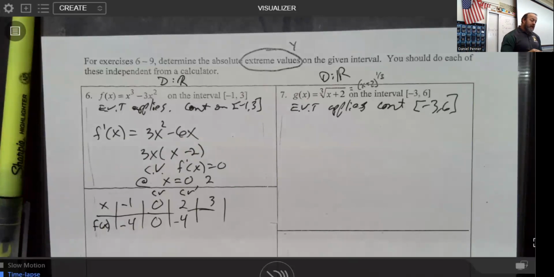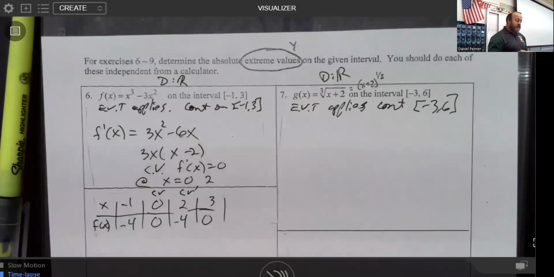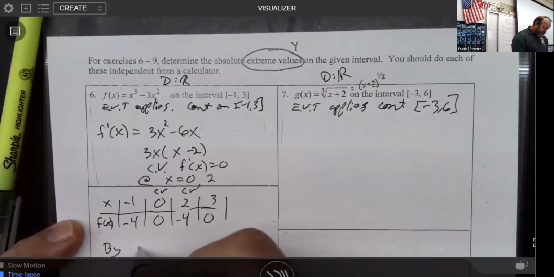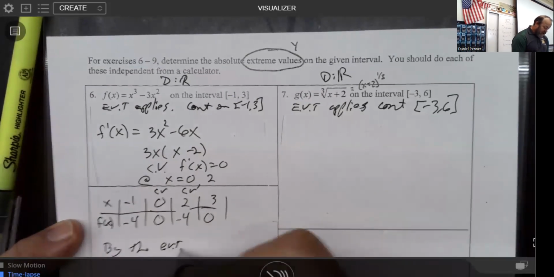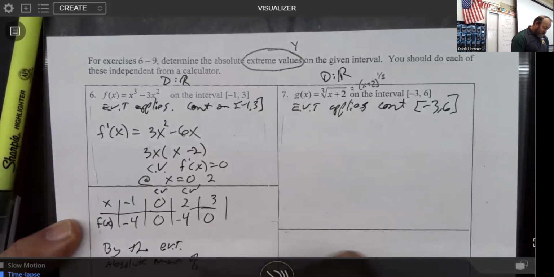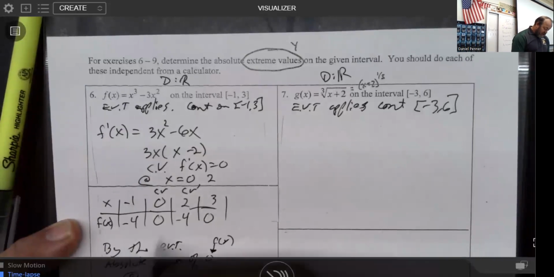Now we're going to do one more thing, and that is the value at 3 itself. If we try the number 3 itself, we get 27 minus 27, which is 0. So interestingly enough, by the EVT, remember we said we can do that, there's an absolute max of 0, and keep in mind that the maximum is 0, which is literally the value of f of x is 0 at the number 0